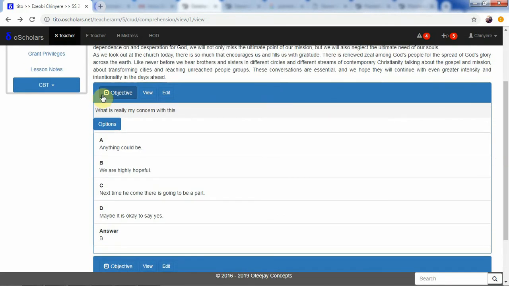It tells us what is really my concern. That is the question, and these are the options. Option A is "anything could be," and the answer is B, option B. Then we can actually view it more or edit it. If we click on this, we can edit this particular